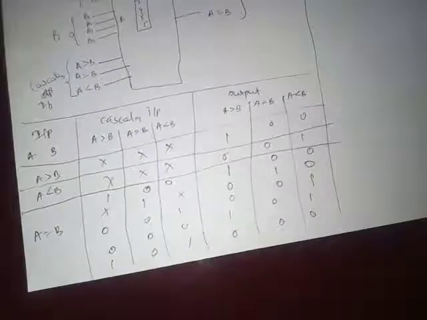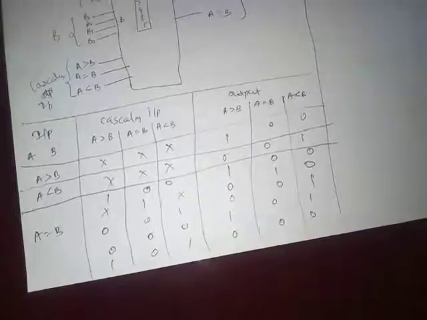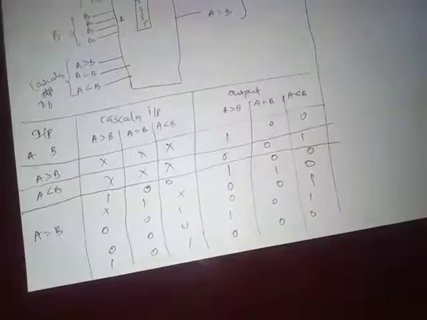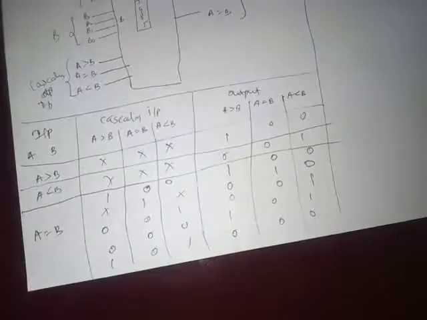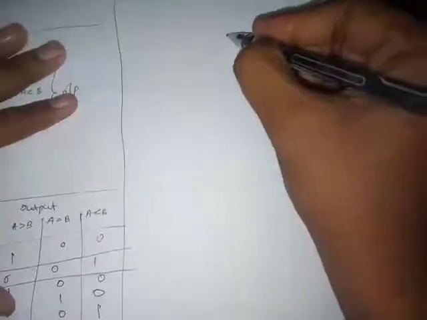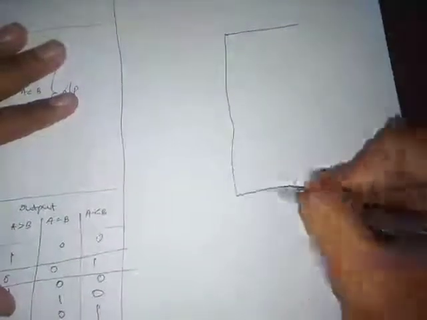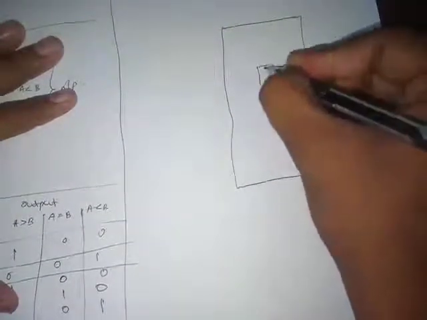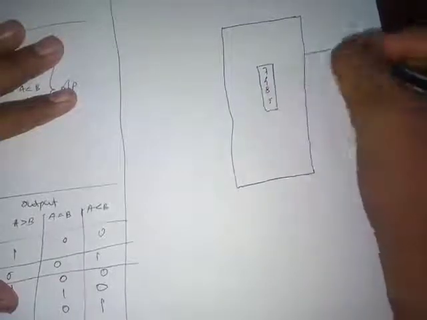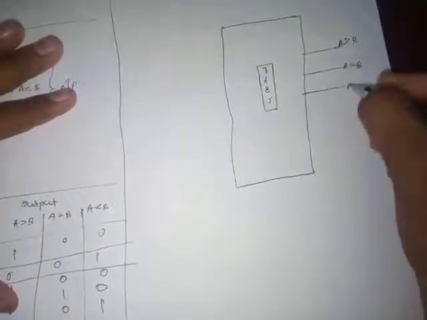But our question is, we have to design a 5-bit comparator. This IC can be used only for 4 bits. So how do we design a 5-bit comparator by using IC 7485? How do we get the fifth bit? For that purpose, we will make some changes in this IC component. As you know, the 7485 IC is a 4-bit comparator, so we will just draw that 4-bit comparator. These are the outputs: A greater than B, A equals to B, and A less than B.